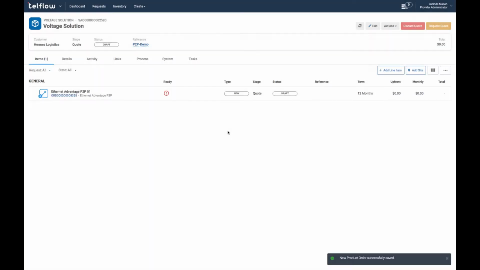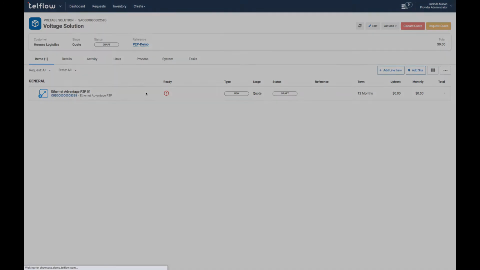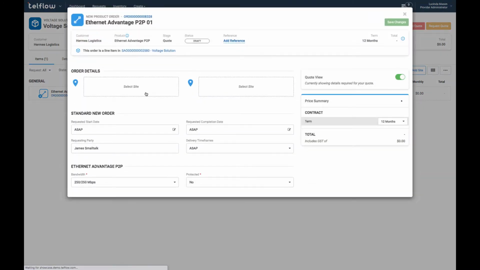Once we've filled out some preliminary fields, we can edit the order in more detail in this modal window. You can see that there are several fields that are displayed, enabling us to configure our order, and a price summary panel on the right that updates dynamically to reflect our inputs. The first thing we're going to do here is add and qualify 2 sites for each end of the point-to-point